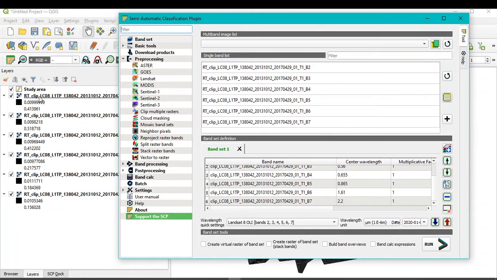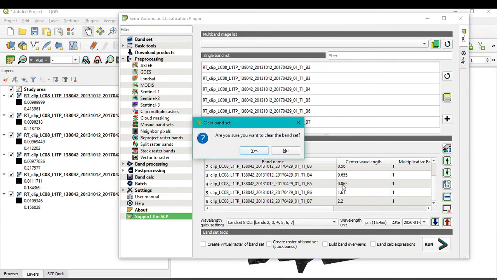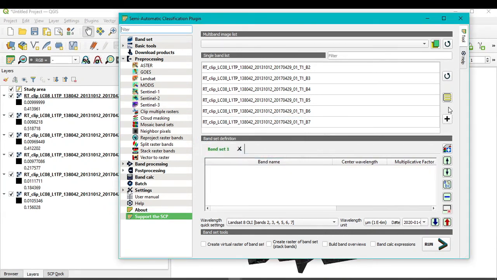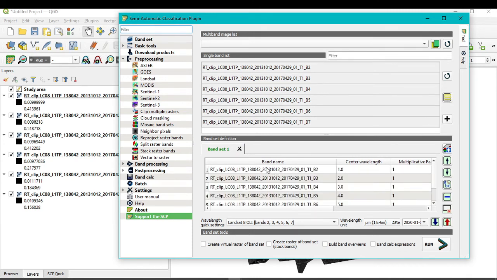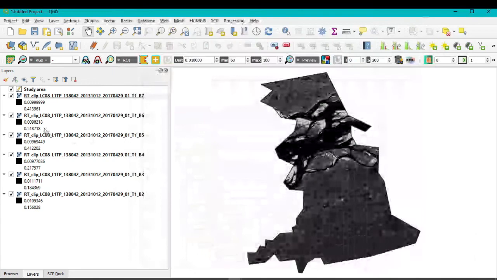So all of these current bands will appear in this single band list, and remove the previous band set by clicking here, and select all of these bands and click here. So all of these atmospheric corrected bands will be selected in band set 1. After that, minimize this Semi-Automatic Classification Plugin.